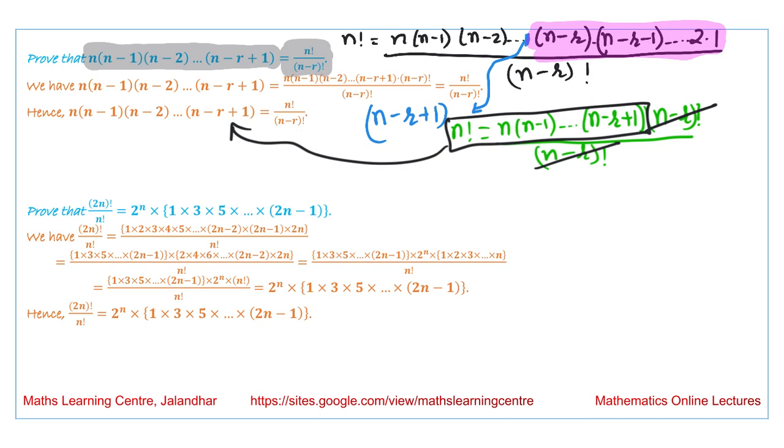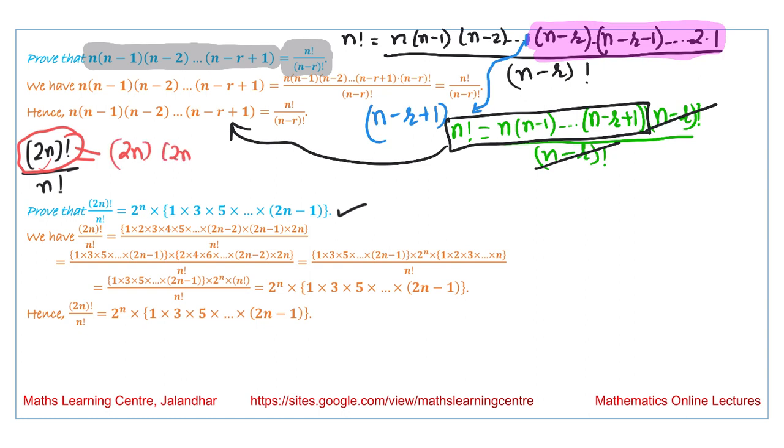Next we have to prove that 2n factorial divided by n factorial is equal to this term. So if we talk about this numerator part, I am talking about 2n factorial, I can write this as: 2n factorial means we are talking about some even number and we are taking its factorial. So we can write it is equal to 2n